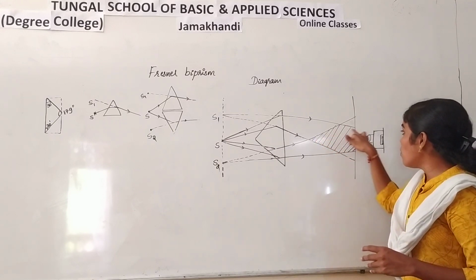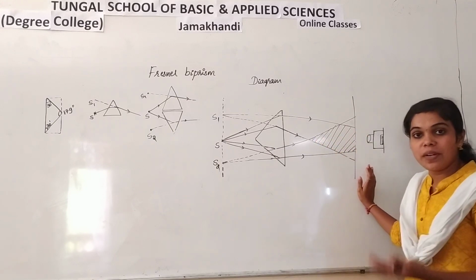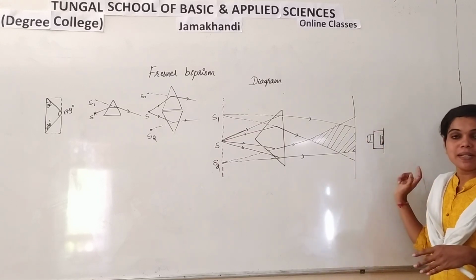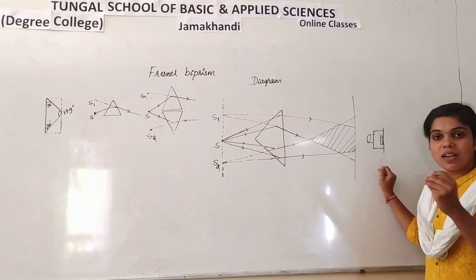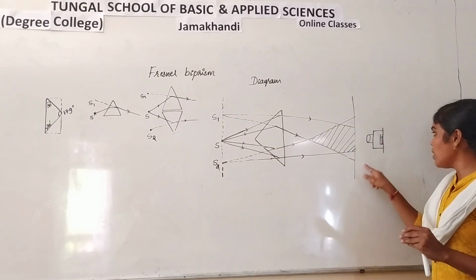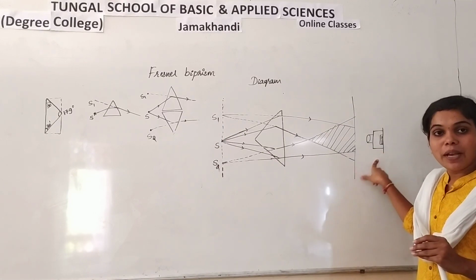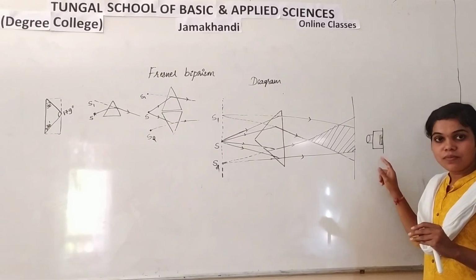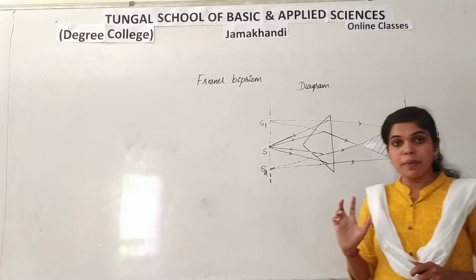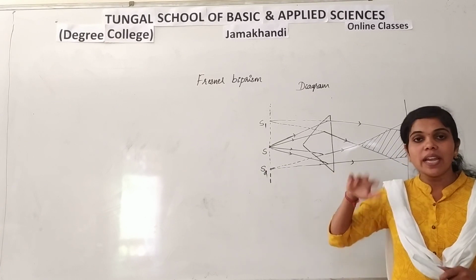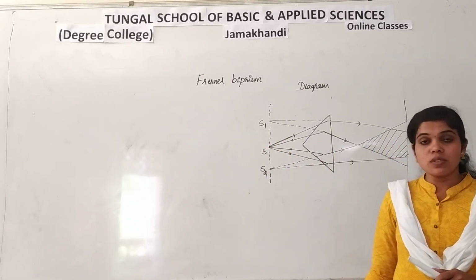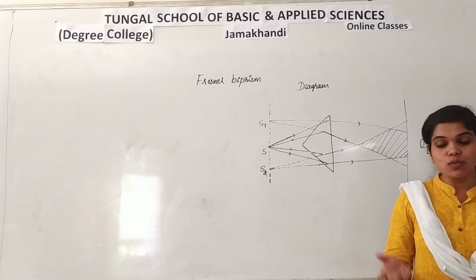And these fringes that we are going to obtain, we are going to observe with the help of what? This micrometer eyepiece will be there. On that, a vernier scale will be there to record the readings. So here the fringe pattern we are going to observe with the help of this micrometer eyepiece. Once we get the alternate bright and dark fringes on the eyepiece, with the help of that we can determine the wavelength of the monochromatic light that we have used. We can determine the wavelength of light emission.